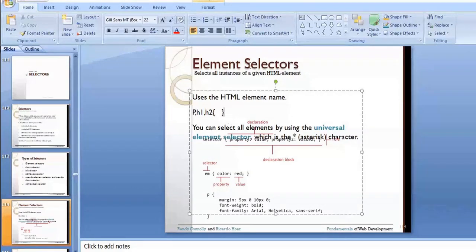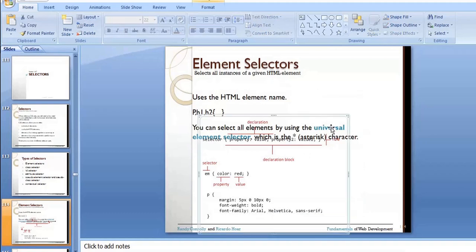Is it clear? So element selector you need to specify in three ways. For a particular HTML element, you're going to use the basic one, or if you want to apply for all the HTML elements, then you will go for the universal element selector, or if you are going to make a group of elements follow that particular style, in that case you can go for the group element selector.